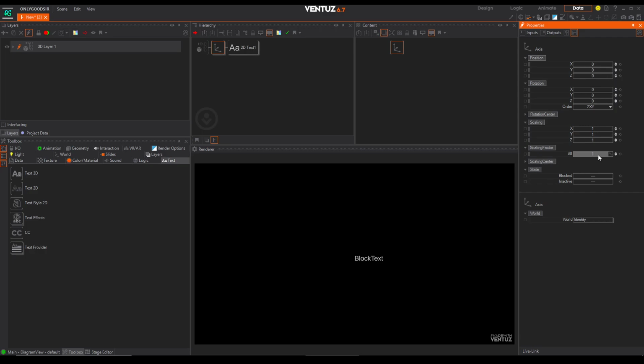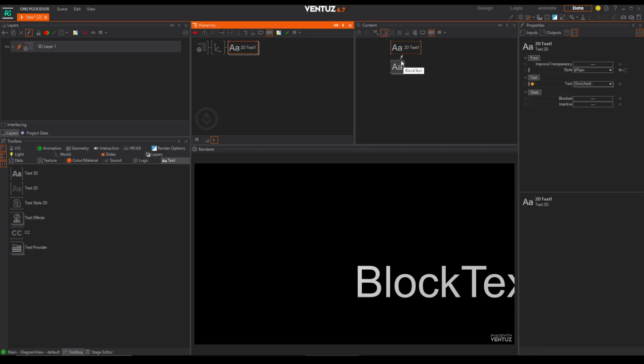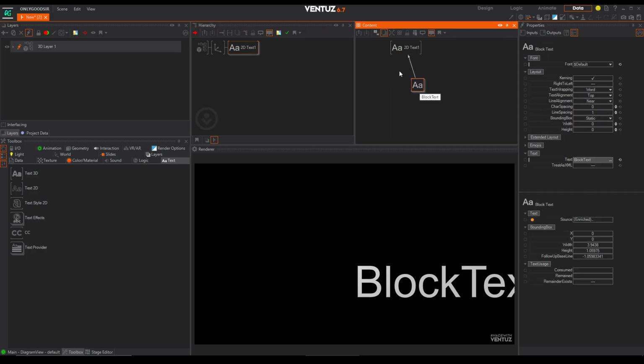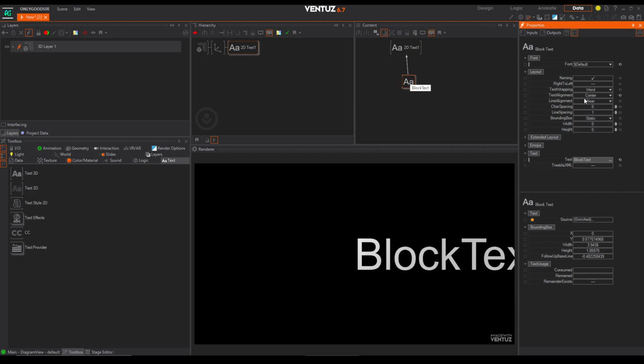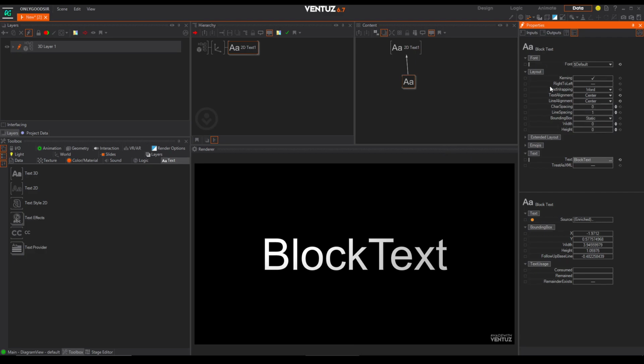Definitely worth using. So again, same as the 3D text, the properties are very similar, pretty much identical except for just the way it looks. So you've got the same layout, same text field here. If I type in title,